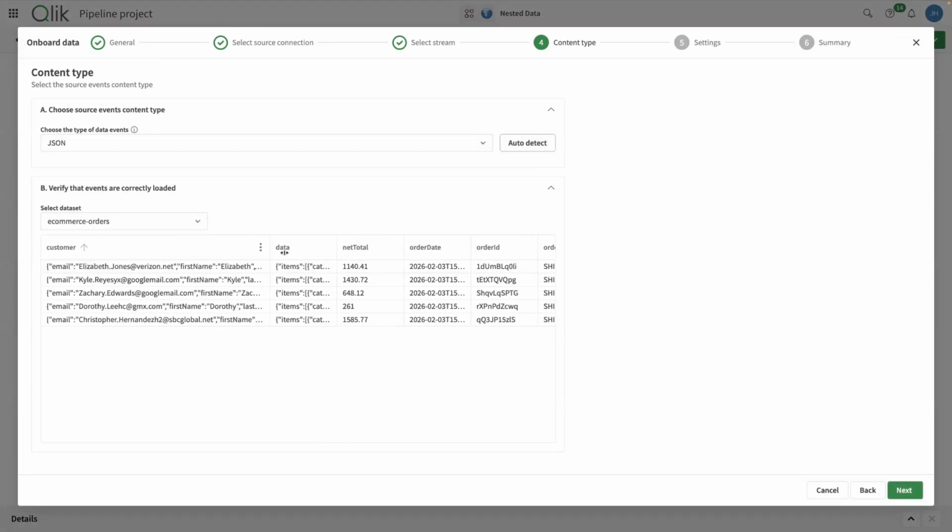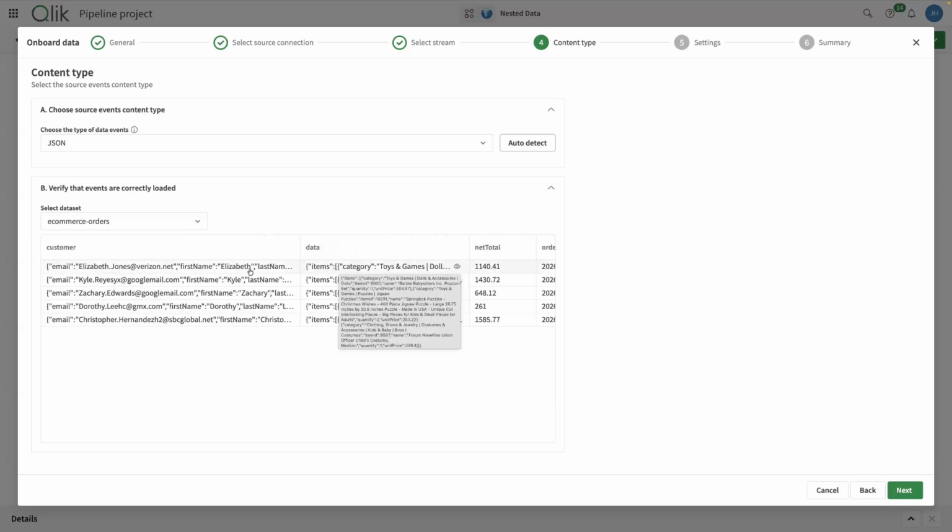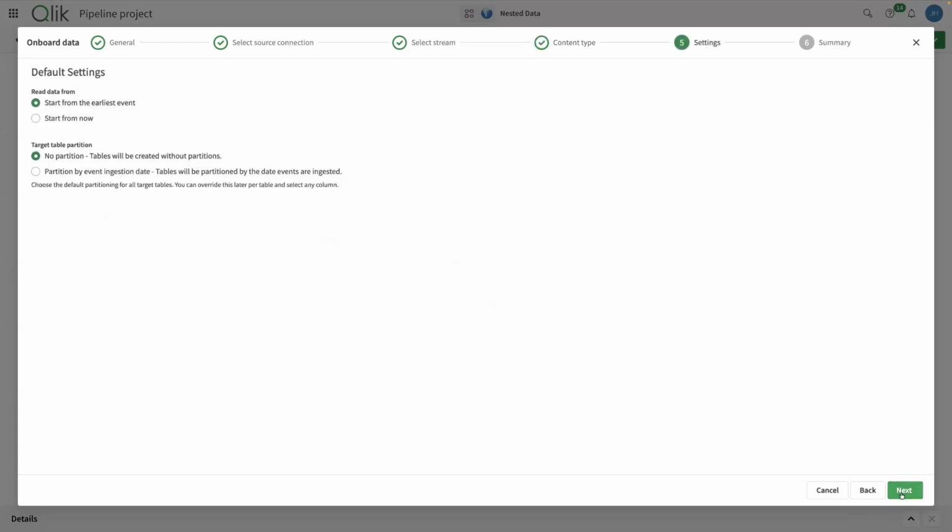And notice that some of these fields, for example, the customer field, is a root level field, but within that field, we've got an email address, a first name, a last name, right? Also, there's an items array. So remember, Elizabeth here placed an order. That order may have contained multiple items, and those items themselves are stored within arrays. Each event here is one row, but I've got nested data and I've got an array element within. So we'll now go and build this out.